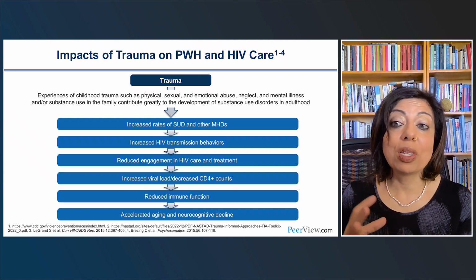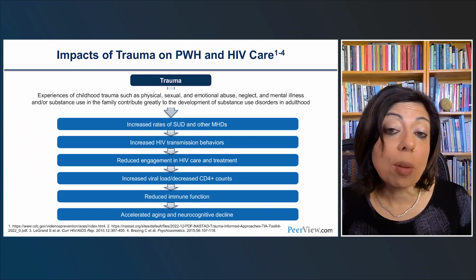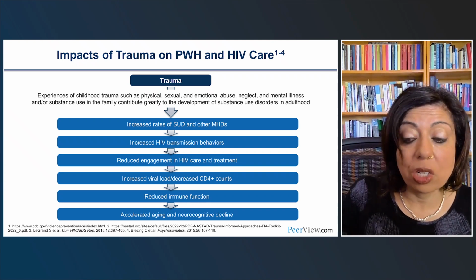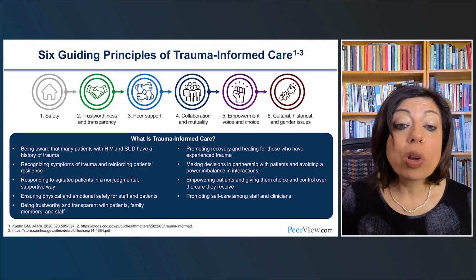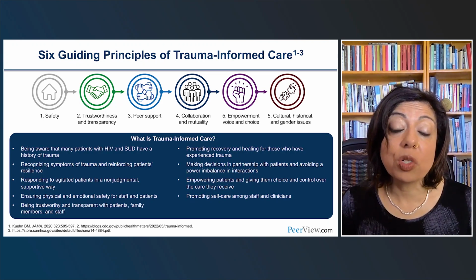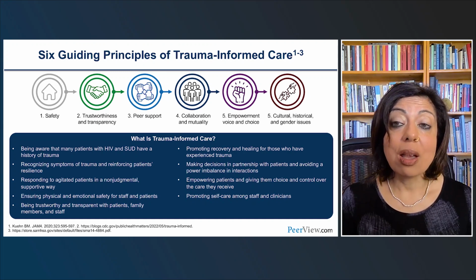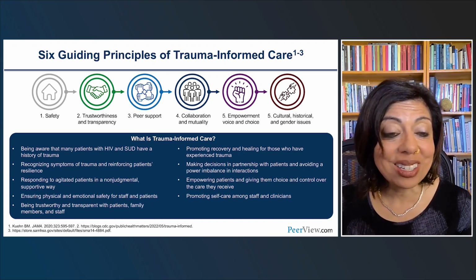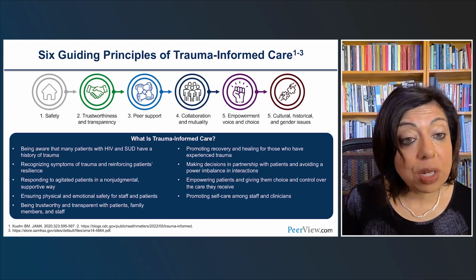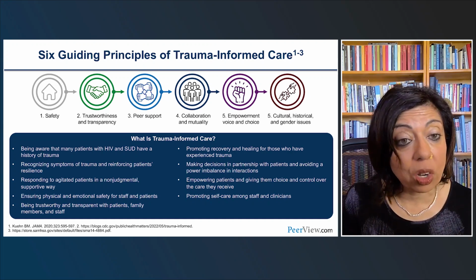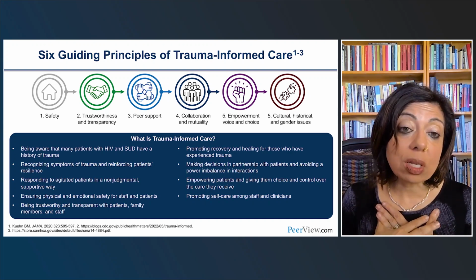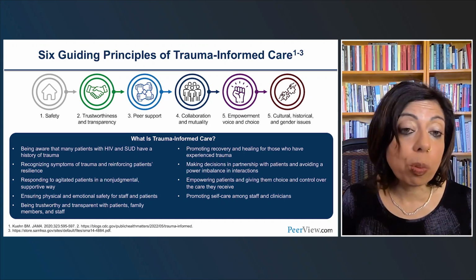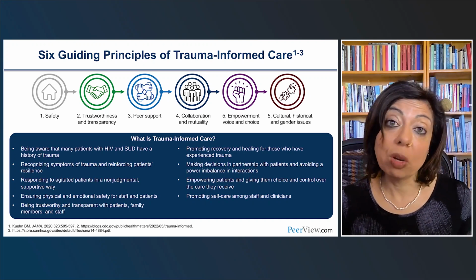So all of that means that we also have to incorporate trauma-informed care into our interactions of people living with substance use. And what are the 6 guiding principles of trauma-informed care? Because there is a way to get trained in this and to think about safety first and how someone is feeling in that interaction. You as a provider being trustworthy and transparent, providing peer support in a trauma-informed care model,